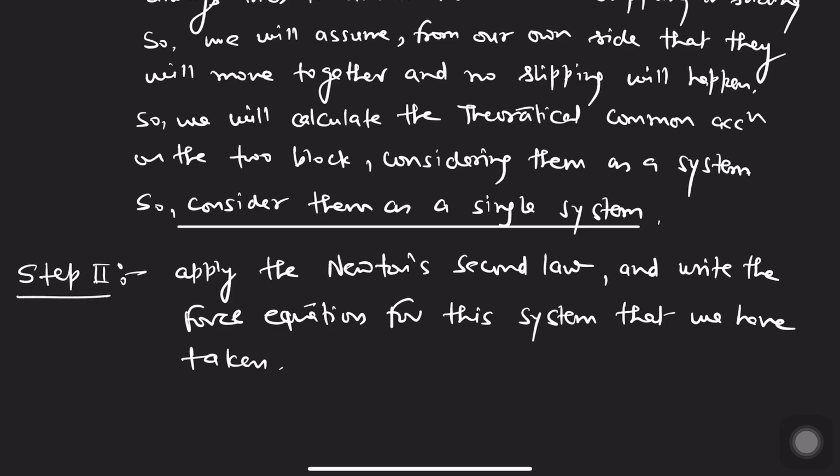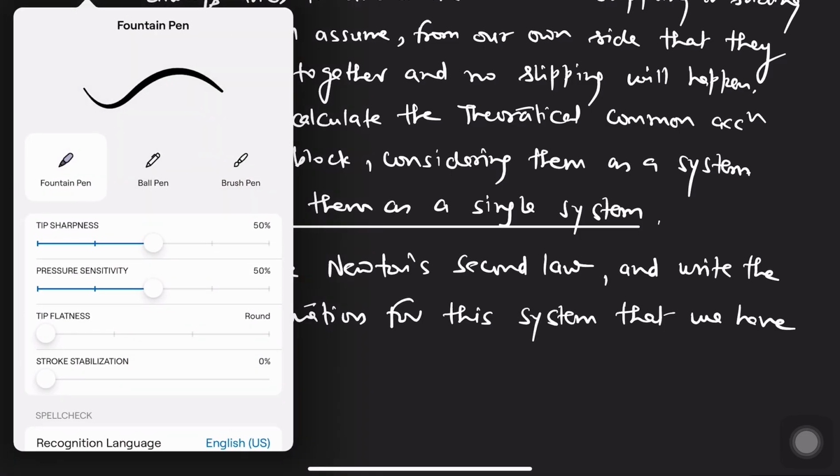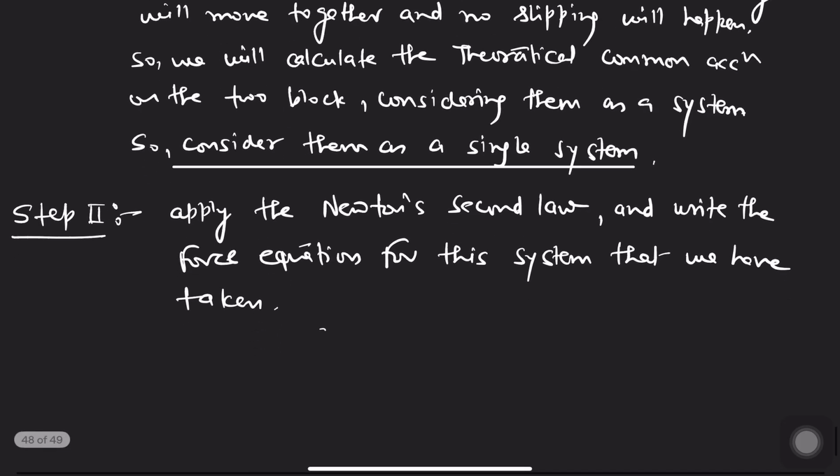So this is the second step. Just let me reduce the sharpness. Okay, now after that,